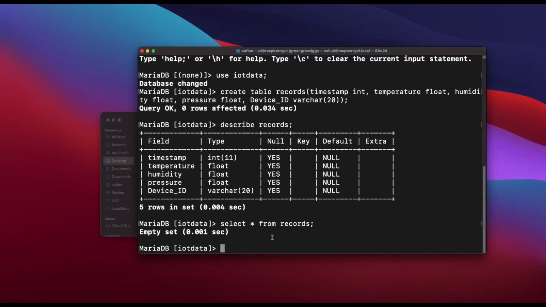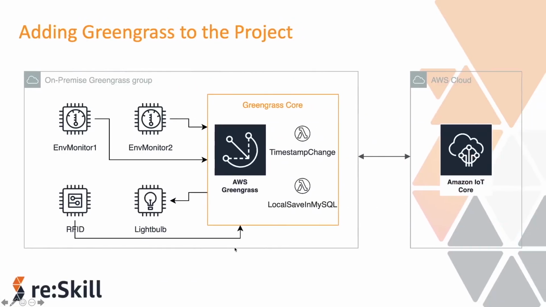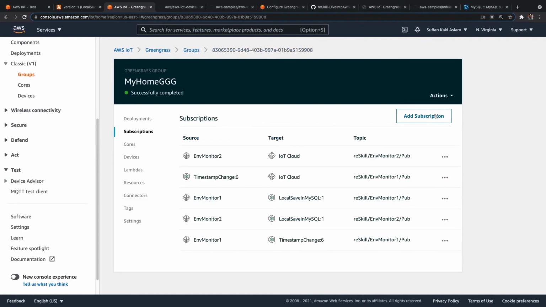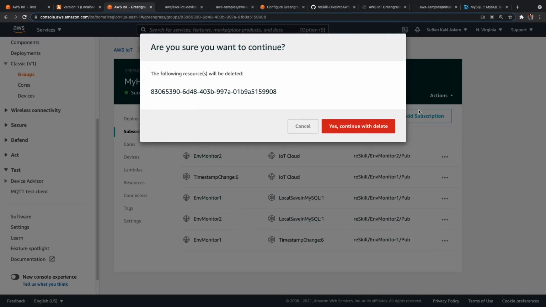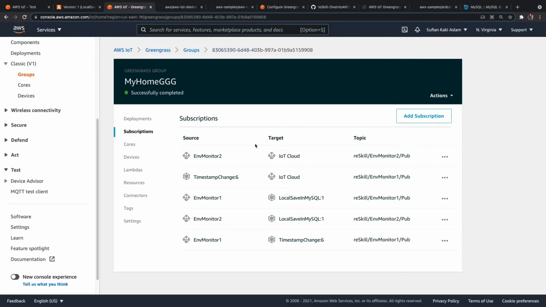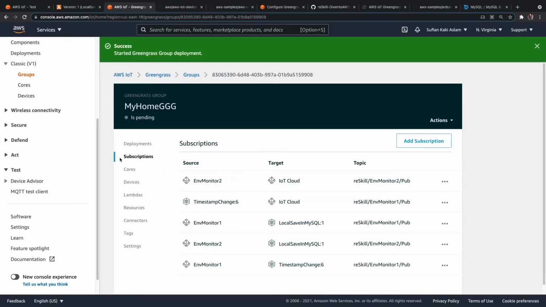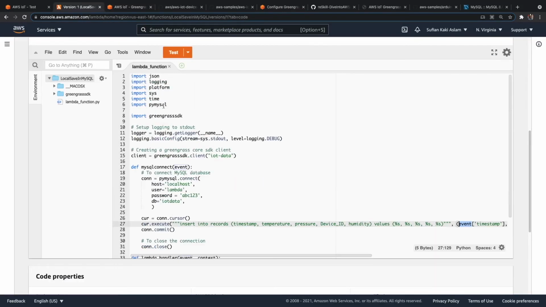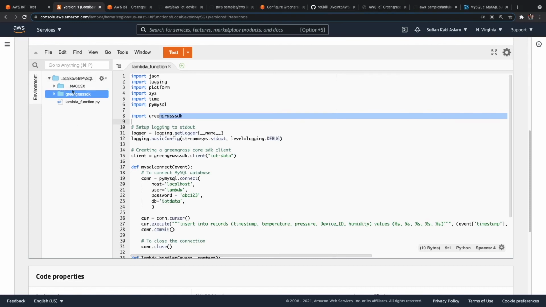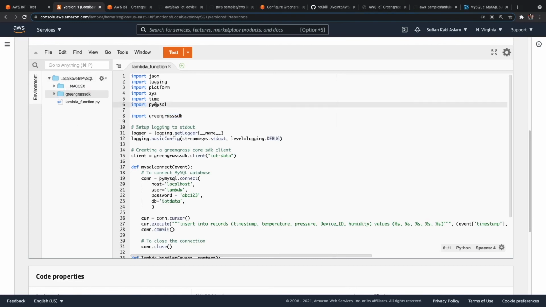Okay, one more thing I'm missing is we need to install PyMySQL in this one. I'll just hold on to that and then I'll show you how to debug it and then make it work. So we will deploy it for now, and then this will start work. So all of these are inbuilt, which will work with the existing Python 3.7 Greengrass SDK. We are attaching it in this Lambda, so it's also there. PyMySQL, we have not installed it on this one.